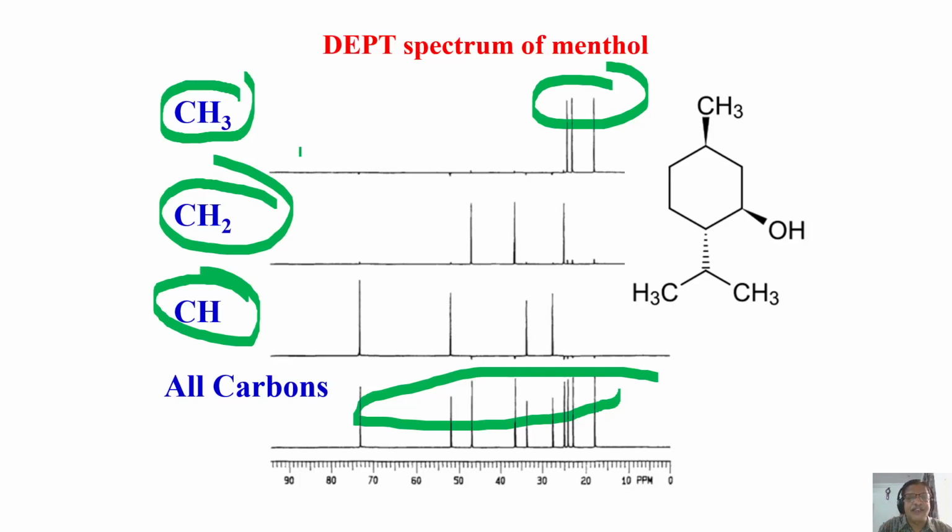Now you understood the polarization transfer technique. The biggest advantage is you got the enhancement in the gain. You are able to identify the carbons based on the protons attached to it. At the same time, most important, you are able to get the decoupled spectrum. So biggest advantage. That's why always use the DEPT experiment for your analysis.